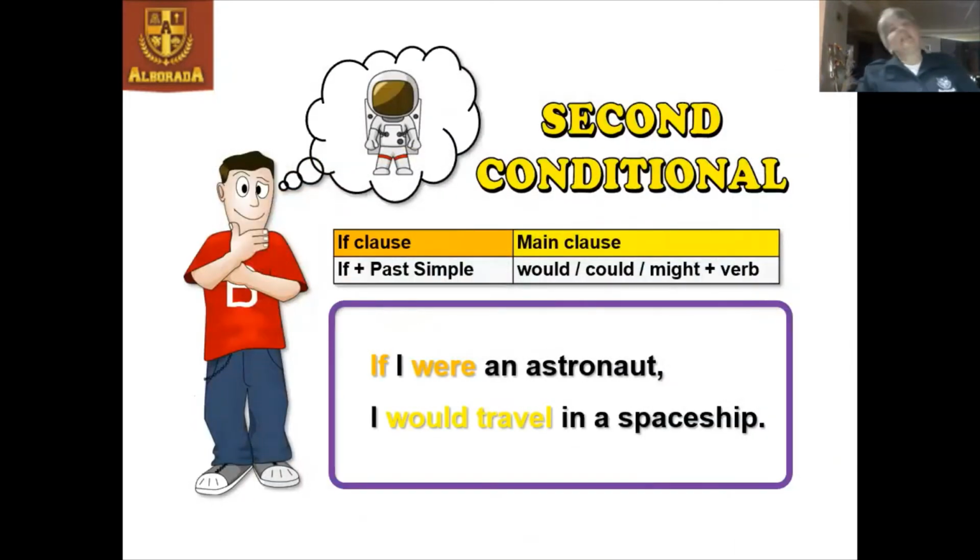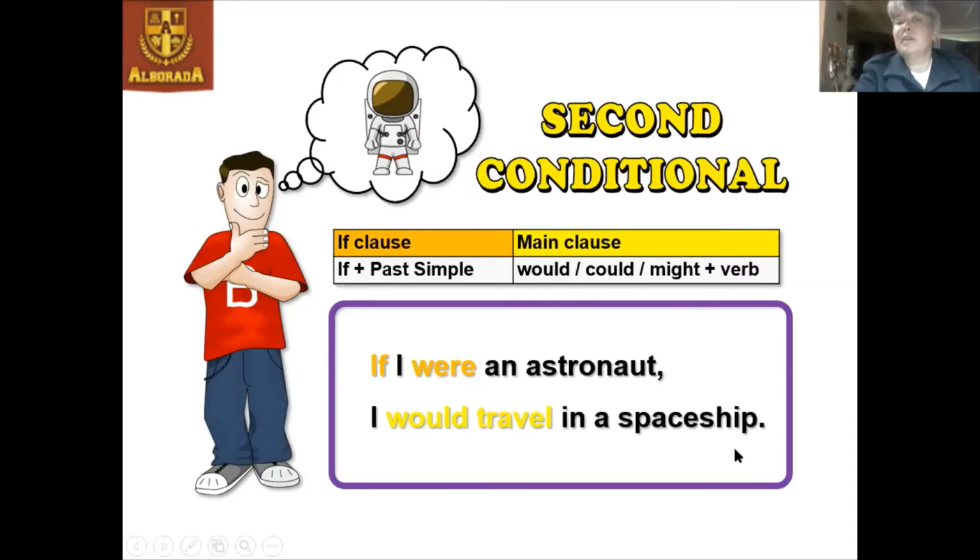Now, let's talk about the second conditional. We start again using the if clause with the word if plus the verb. In this case, the verb is going to be in past simple. And then the comma and the main clause using the words would or could or might plus the verb. Let's see the example. If I were, the verb is in past simple, an astronaut, comma, I would